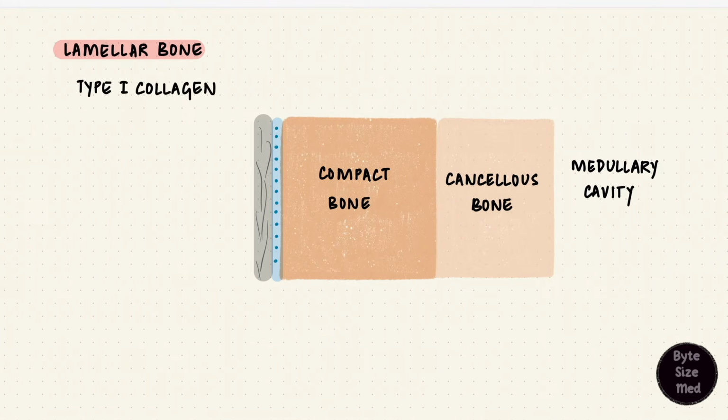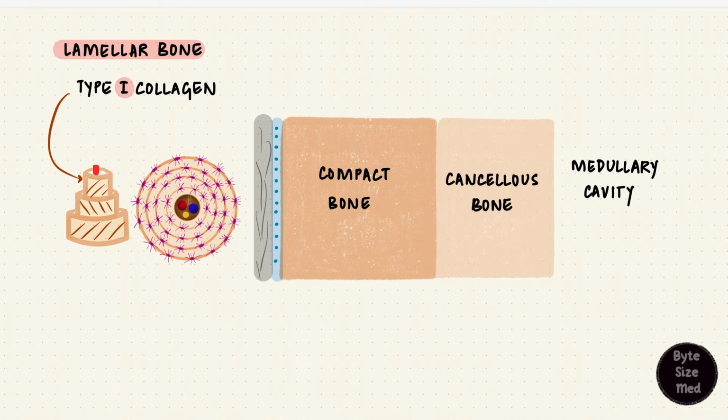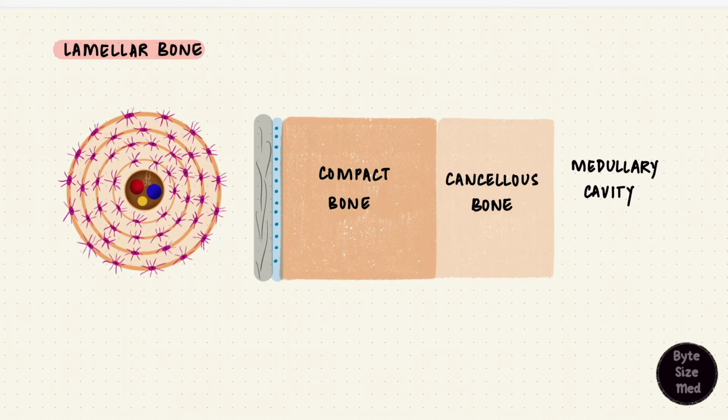And here the type 1 collagen fibers are arranged in layers. The fibers run parallel to each other in a single layer, but between the layers, the angle of the fibers changes. That contributes to the strength of bone. These layers are arranged in concentric circles around a central canal. So these circles would be how it would look from above in a cross section. Central canals have vessels, arteries and veins, and nerves, and they run through these cylindrical structures. These are called Haversian canals.